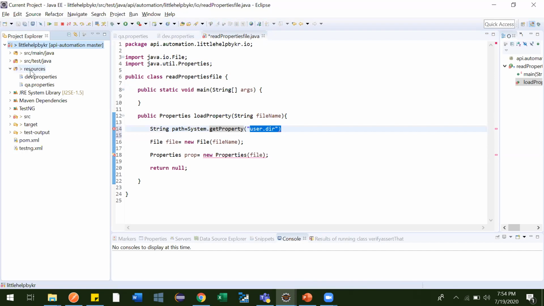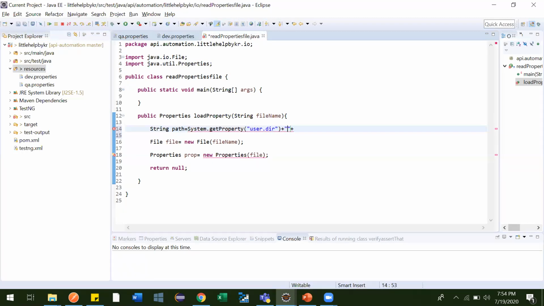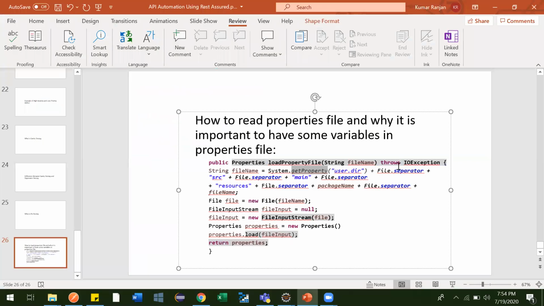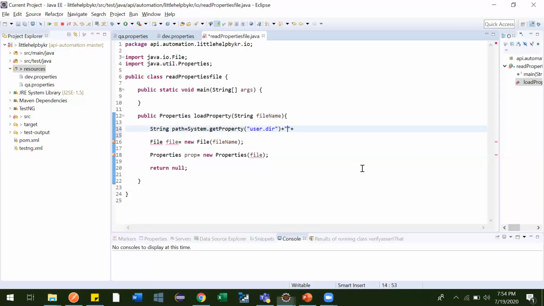Then after that we have to go inside resources. So here just plus, then go like this, and here you need to write a file separator. To write that file separator, we have something like File.separator. Just write like this, File.separator. So what is this file separator?